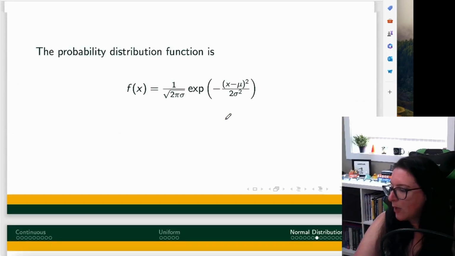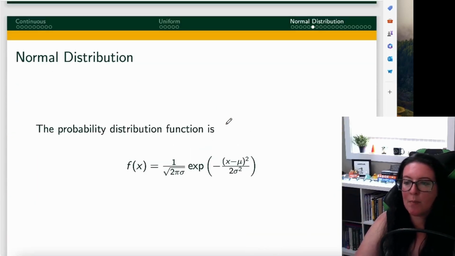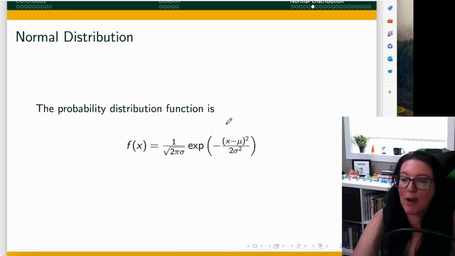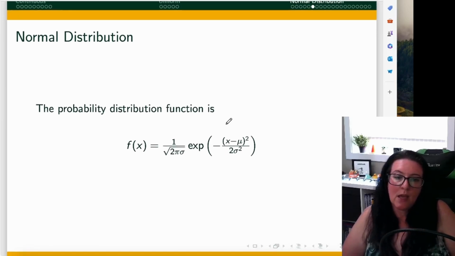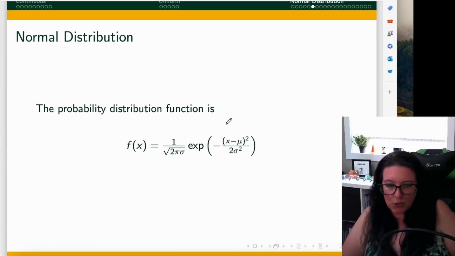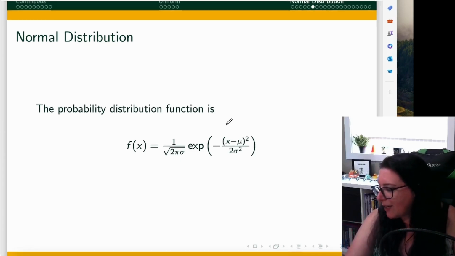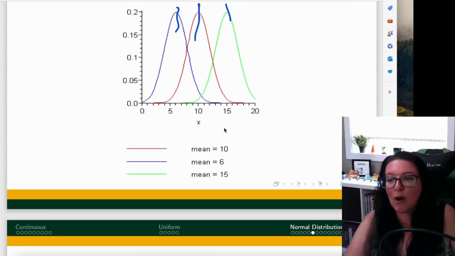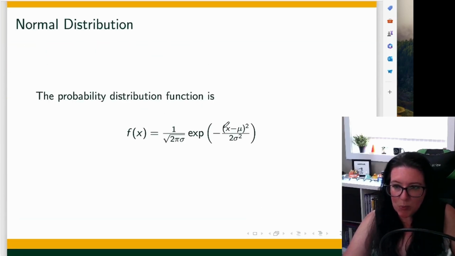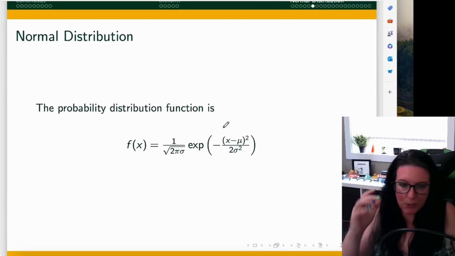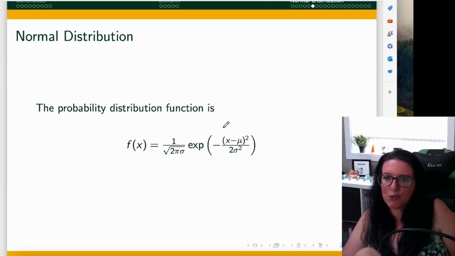Okay. We're going to spend most of our time as we look at inferential statistics, looking at the standard normal distribution. So we're ultimately going to create a normal distribution where the average mu here is 0 and the standard deviation is 1. Okay, but we'll start first with just the probability distribution function